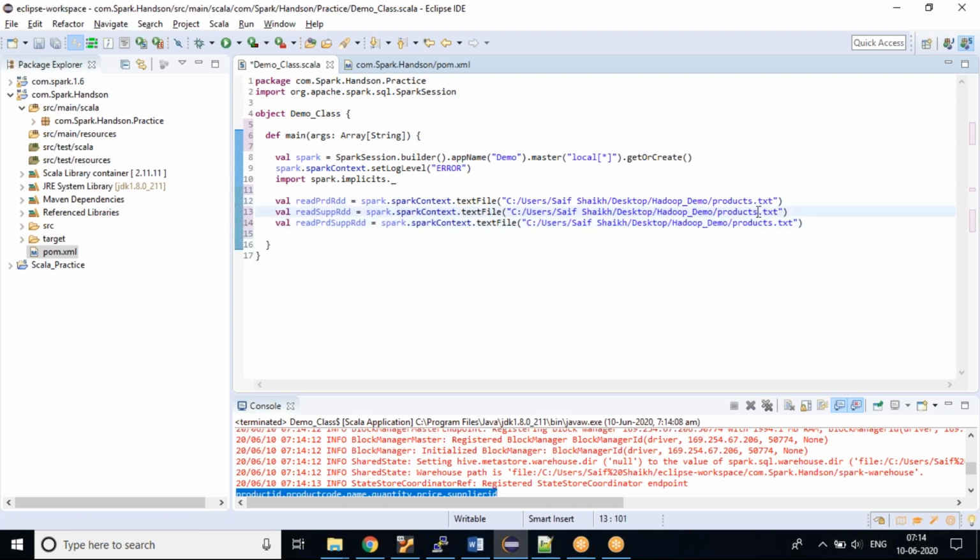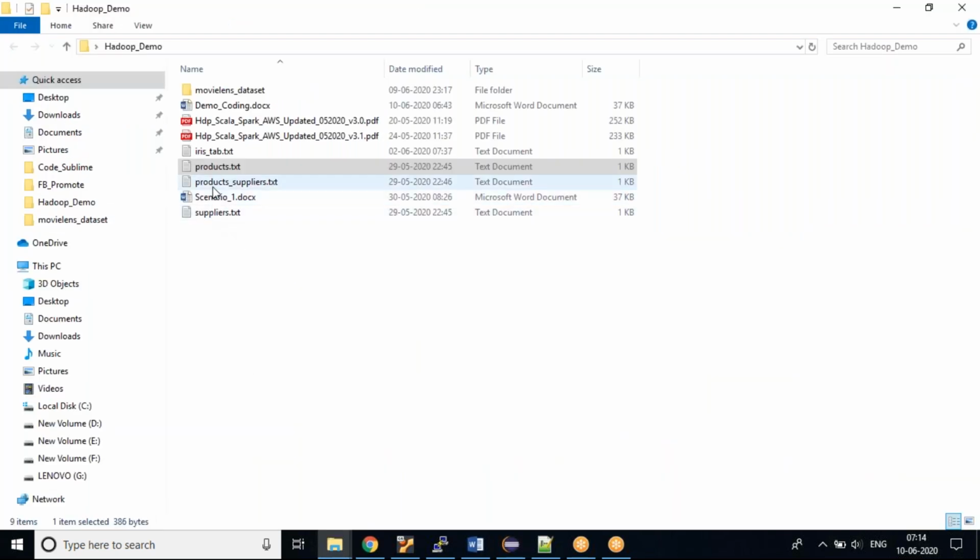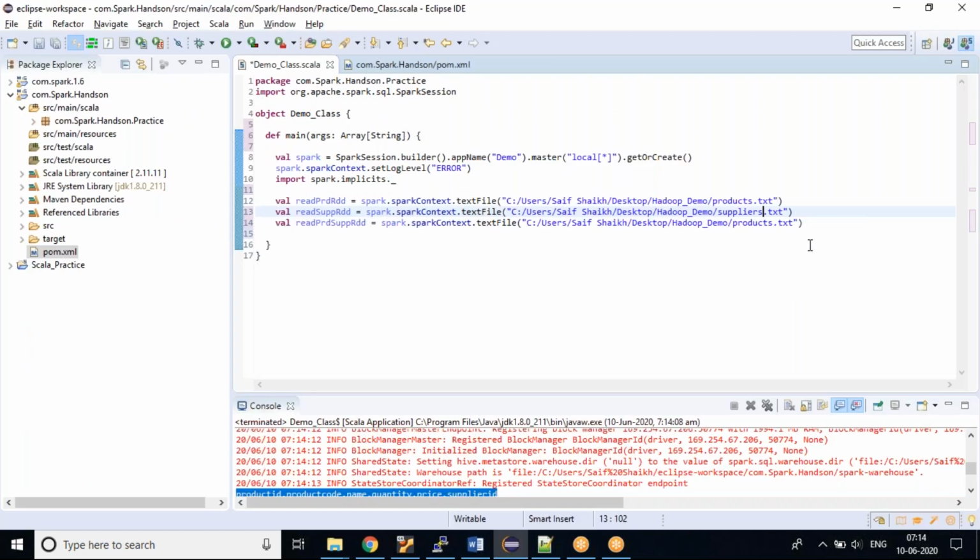I just need to change my file name. My file name over here is suppliers.txt. Let me see if the spellings are correct. Yes. And here I just need to write products underscore suppliers. If I run again, all three files' data would be reflected. I have already tested for one file, so let's not test the other files because it will show for sure.